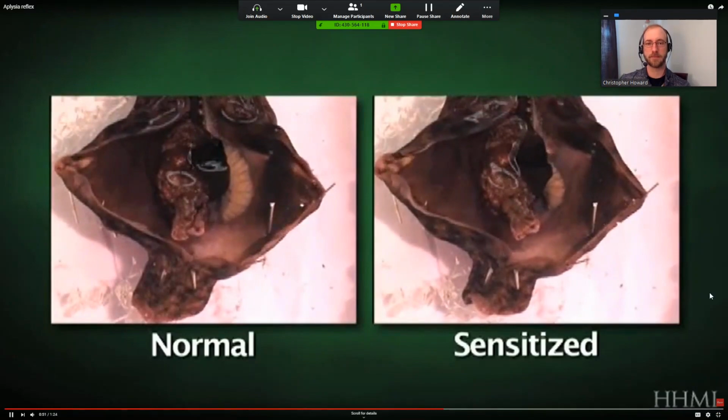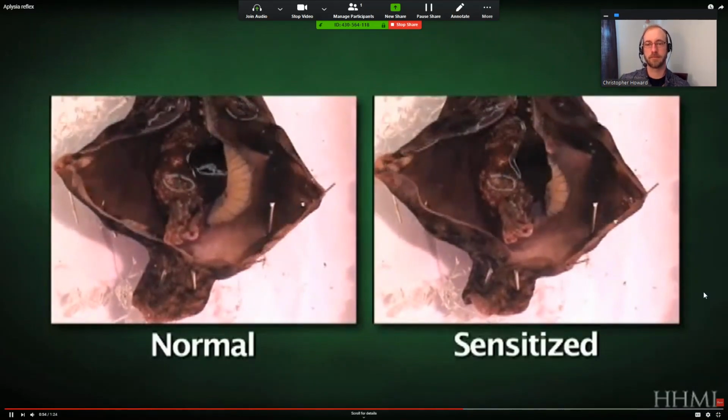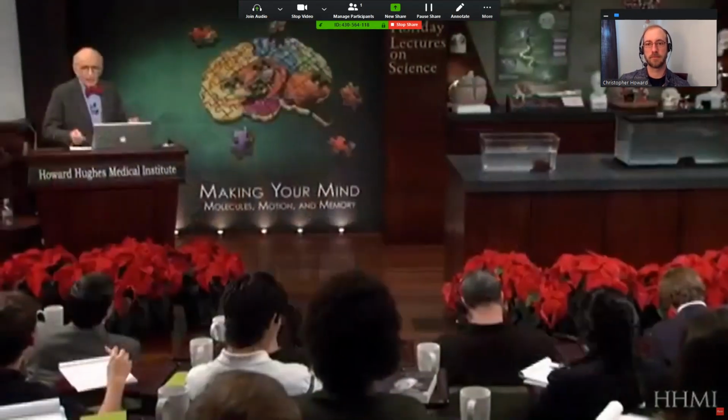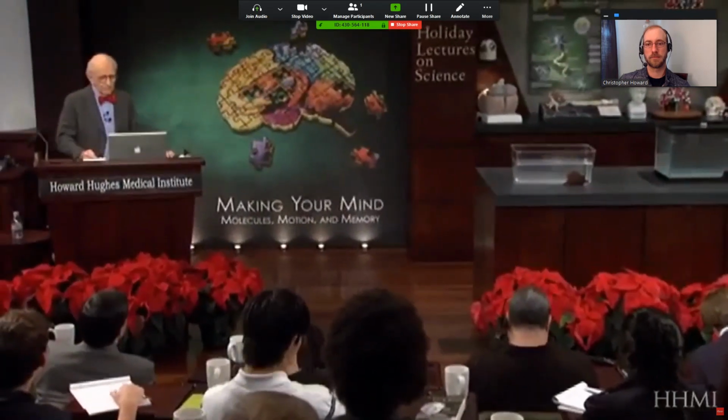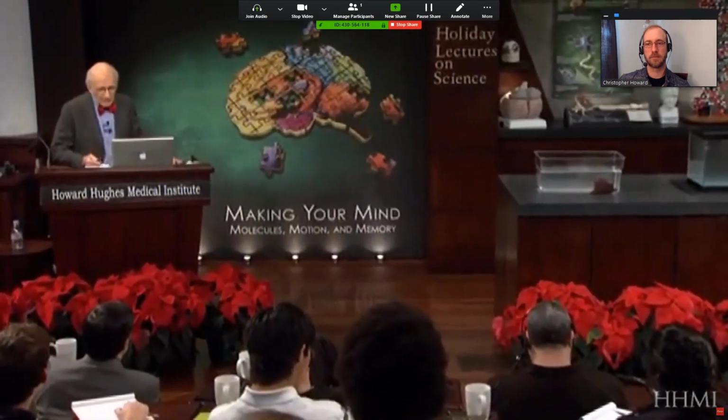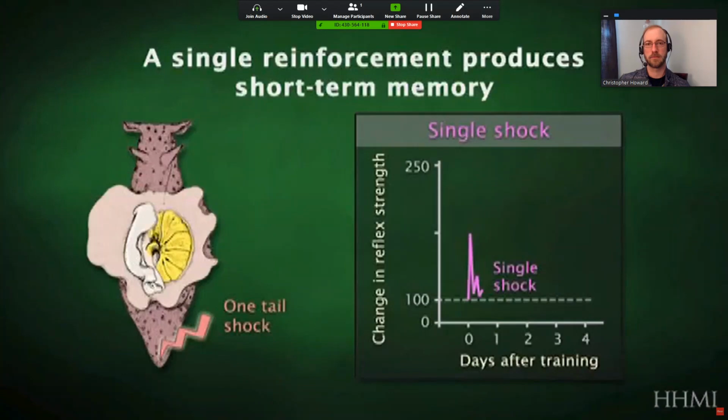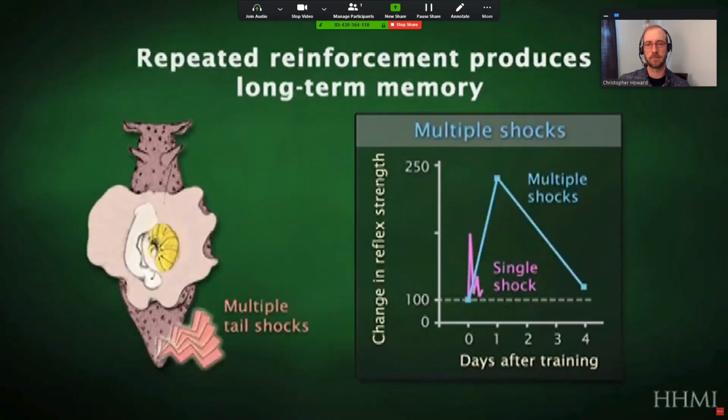animal that is startled. The memory for this event is a function of number of training trials. So if you give a single tail shock, plotting here, change in reflex strength as a function of time, the enhancement of the reflex lasts minutes. But if we give the same stimulus 4 or 5 times, we get a memory that lasts a couple of days. So we have a short-term memory and a long-term memory, and we can now look at the difference between